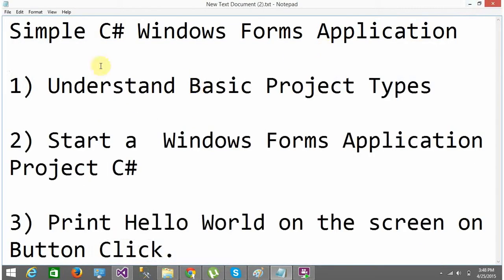Okay. Now, our aim is to create a simple C Sharp Windows Forms application. Now, if you have any programming experience in any language, let's say C, C++, Java, right? Programming in C Sharp will be very simple. Even if you have any programming experience in JavaScript, programming in C Sharp will be simple because the syntax of all these languages that I mentioned is familiar. So if you know syntax of C, C++, or Java, programming in C Sharp will be easy. And you require to have some programming base before you start off with this video. Right?